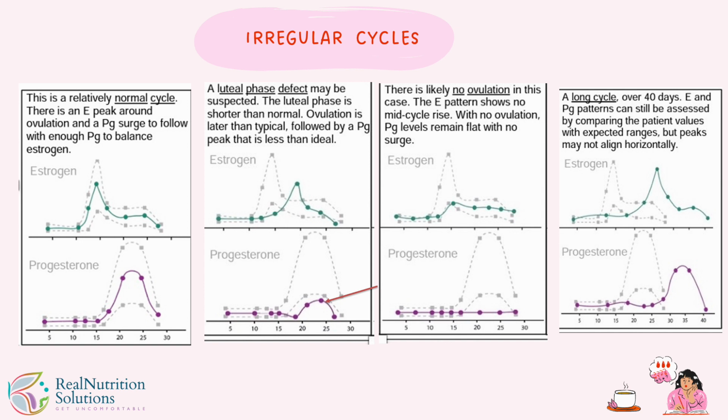What most likely might happen, of course, nothing is a fact, but what you can assume might happen in a situation like this is, though you may be able to get pregnant if that is something you're interested in, the chances of you being able to maintain that pregnancy will be slim. Because, ask yourself, what is the purpose of progesterone? Well, progesterone's purpose is to help maintain that uterine lining after that egg has been fertilized and it gets implanted